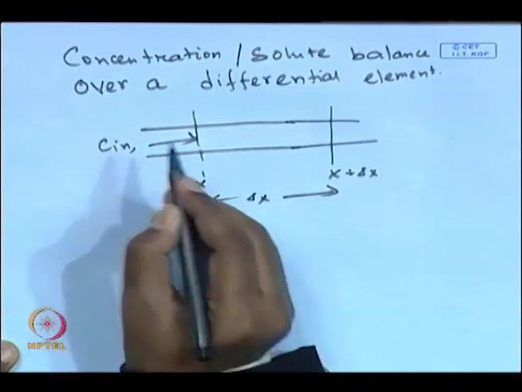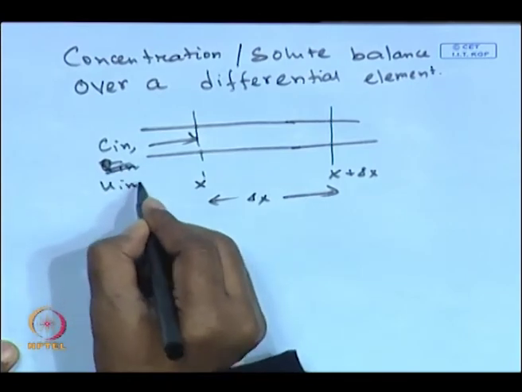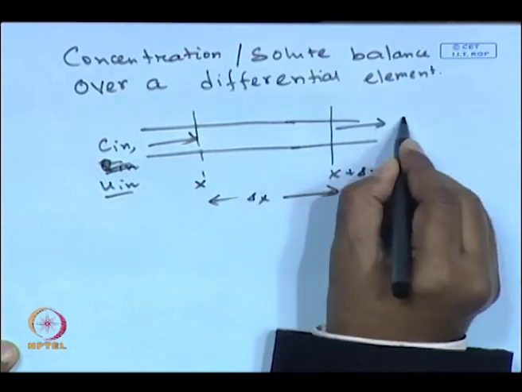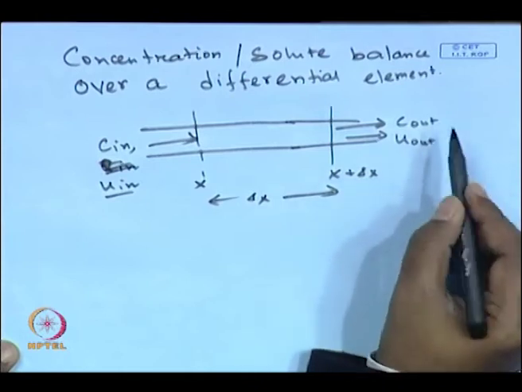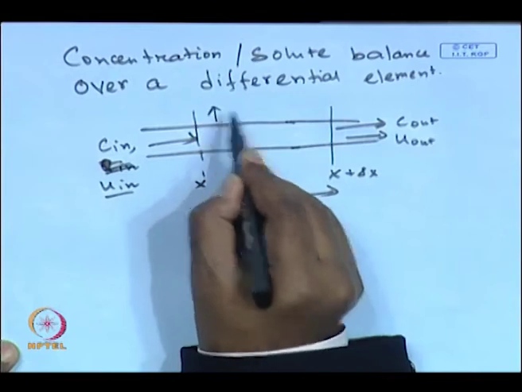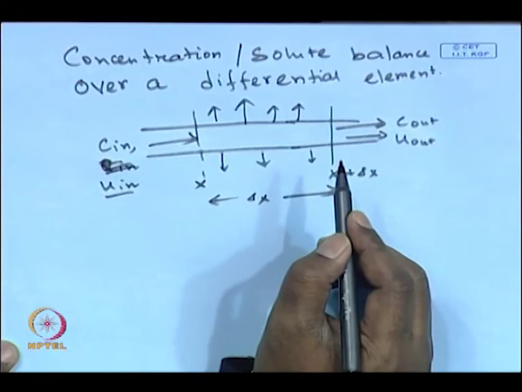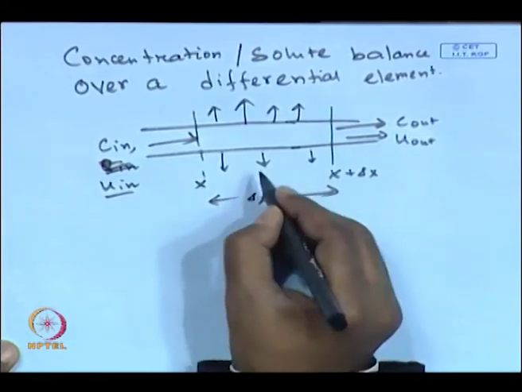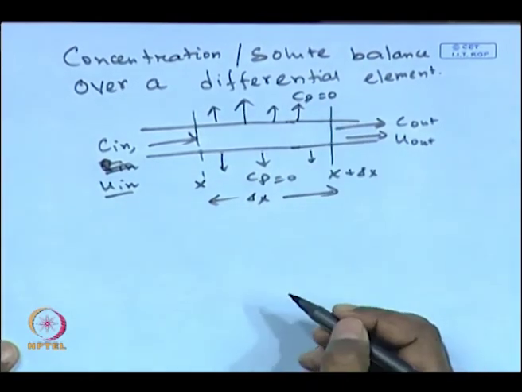C in and Q in, or let us say U in, is the velocity at the inlet, C in is the concentration at the inlet, C out and U out are basically the concentration of the solute and the velocity that is going out of the system, and you are going to get the permeate. But remember, since we are talking about a completely retentive membrane, the Cp will be equal to 0 on both sides. You are going to basically recover pure water out of this.